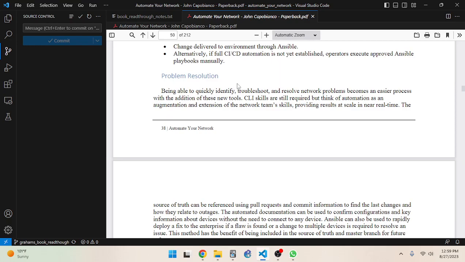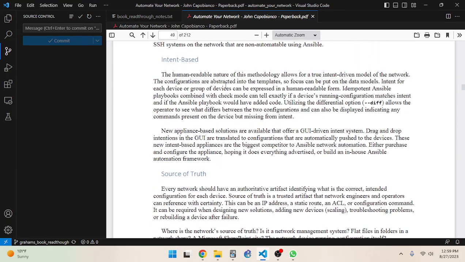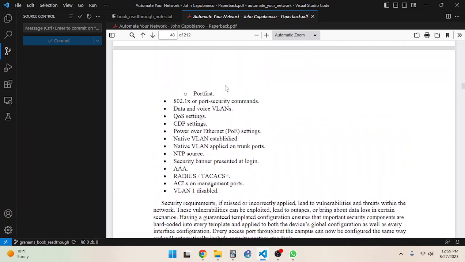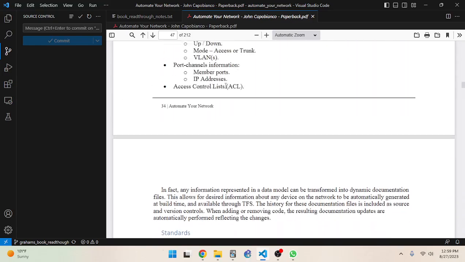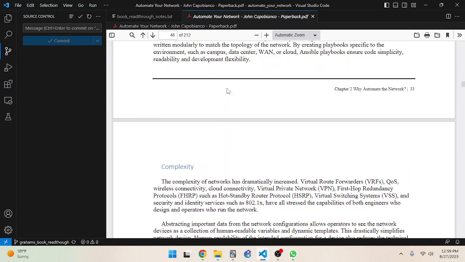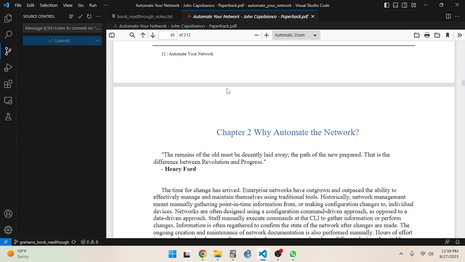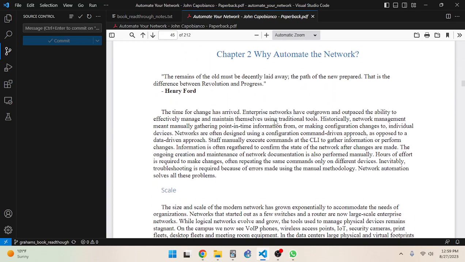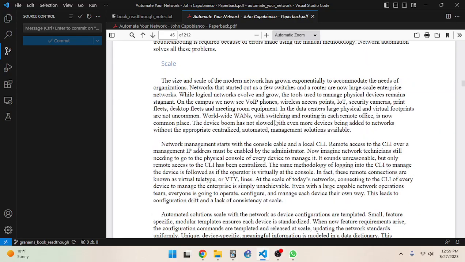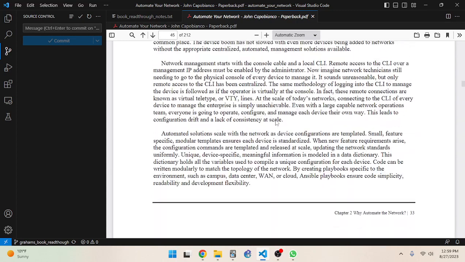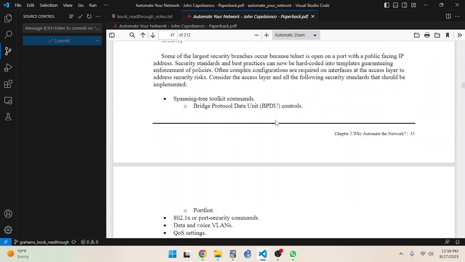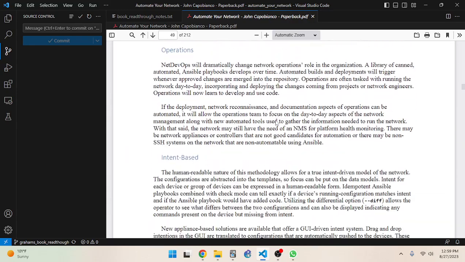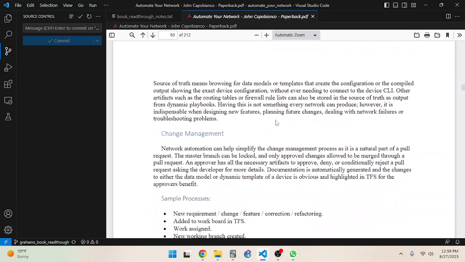All right, so problem resolution is another reason to automate the network. It's another thing that network automation can resolve.